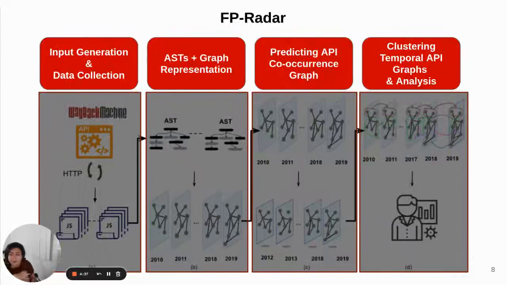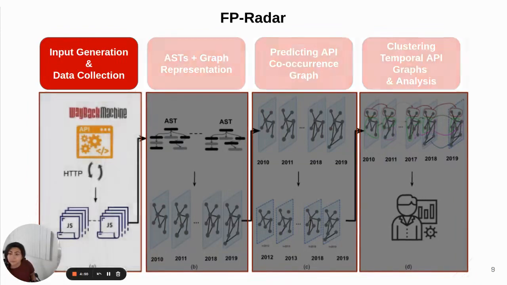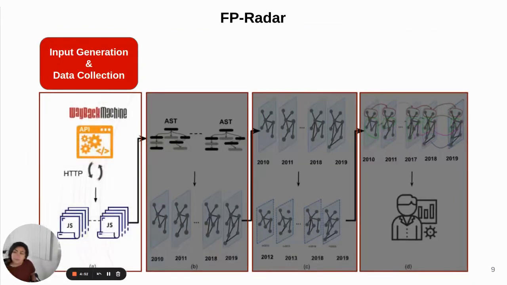FPRadar is a graph-based approach that leverages the longitudinal connectivity of APIs to predict what APIs could be abused in fingerprinting in the future. And it consists of 4 components. I will go through each step in the following. So the first step is input generation and data collection. To longitudinally analyze web APIs, FPRadar needs to measure their usage on the web over time. We rely on the Wayback Machine to access historical snapshots of scripts for the last 10 years on the